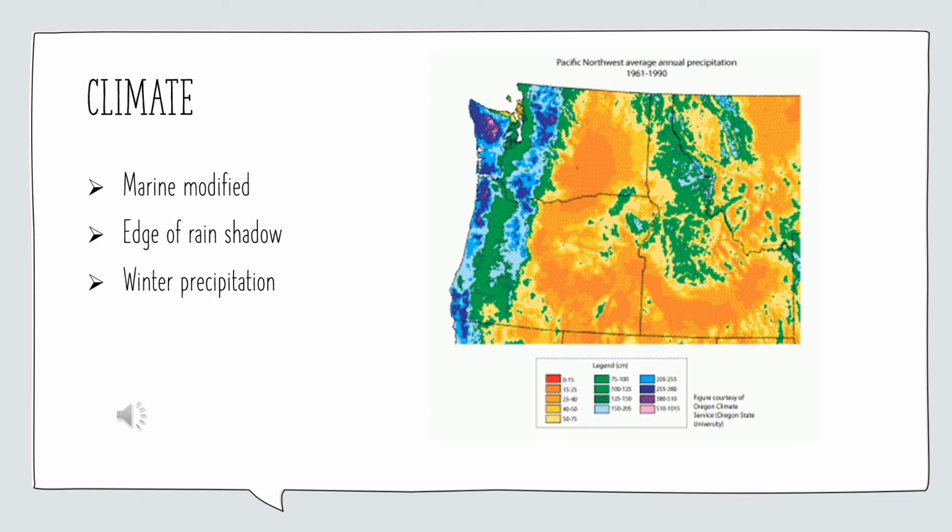Once the air mass has crossed the mountains and lowers in elevation, its ability to hold water increases again, leaving the region directly on the other side of the mountain range with very little annual precipitation. The Palouse is higher in elevation than those dry regions, so while it does not receive as much precipitation as the coast, it does get more than the rain shadow area of the state, with most of the precipitation occurring during the winter months in the form of snow.